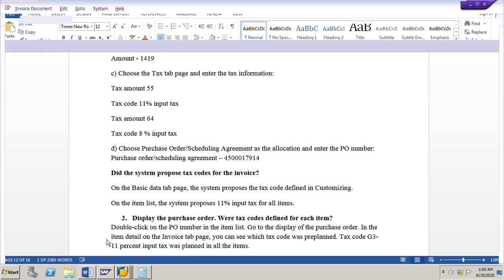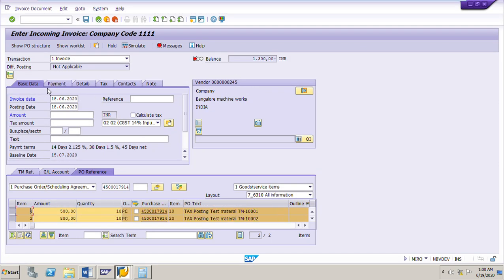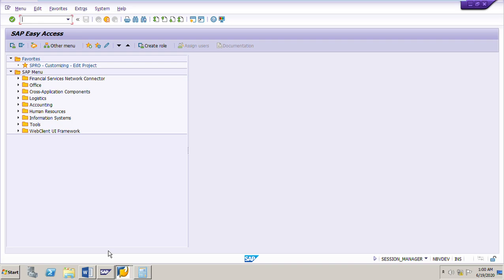See, the basic data tab page here. The system proposes one tax code, G2, because this is the default tax code set for the company code in customizing. I will show that here.